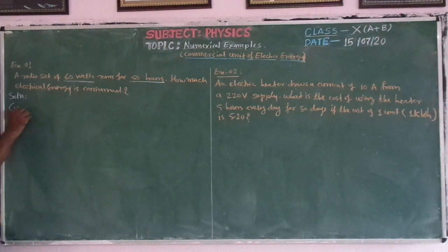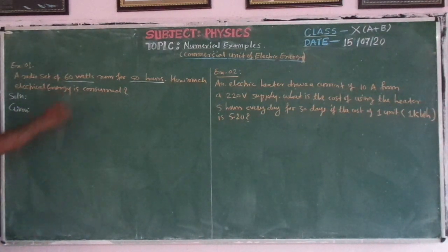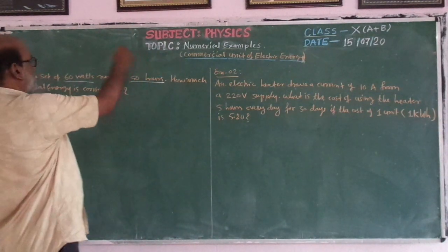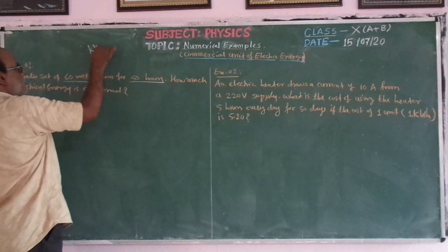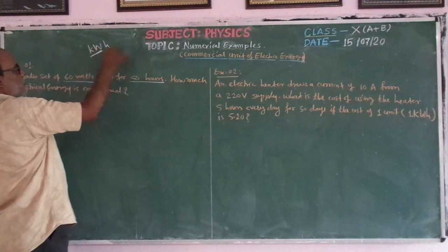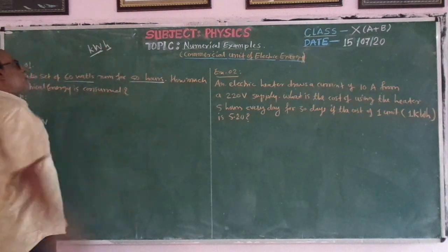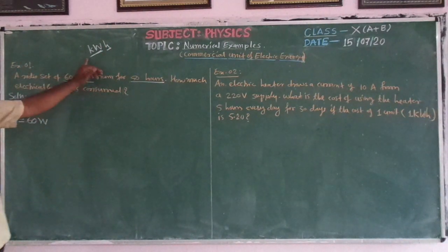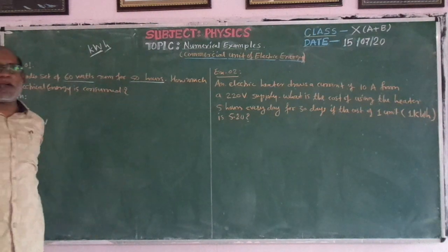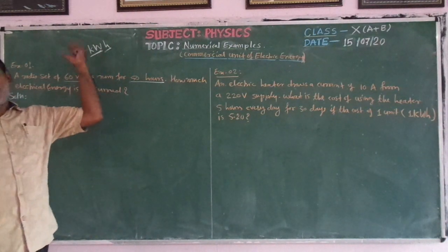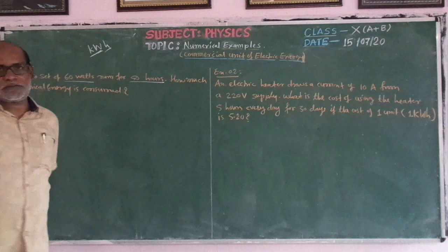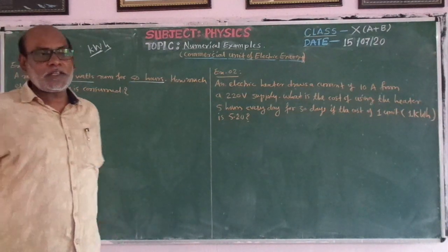after the quantity given, now we will list here. What is given? The 60 watt. It is a power. I am writing P, P equal to 60 watt. But when we have to solve, we have to deal with kWh. अभी मैंने बताया आपको. kWh, where kW is the unit of power and h is the unit of time. That means whenever we have to find the energy in kWh, our power should be in kilowatt and time should be in hour. Then we can calculate the kWh.